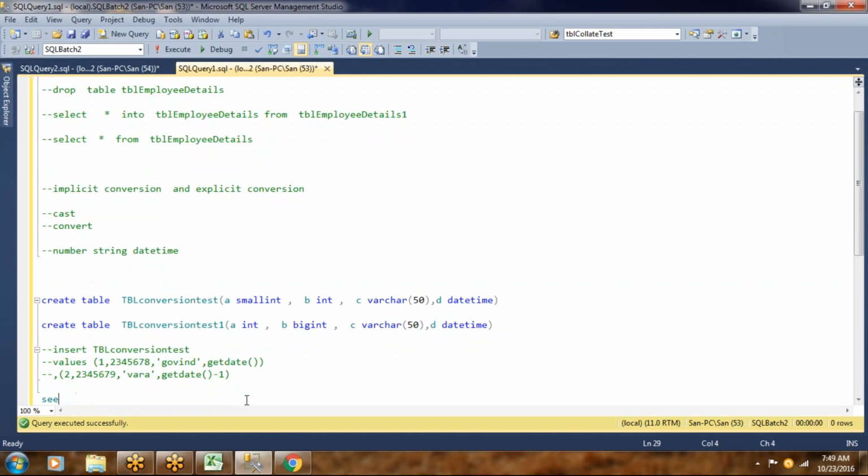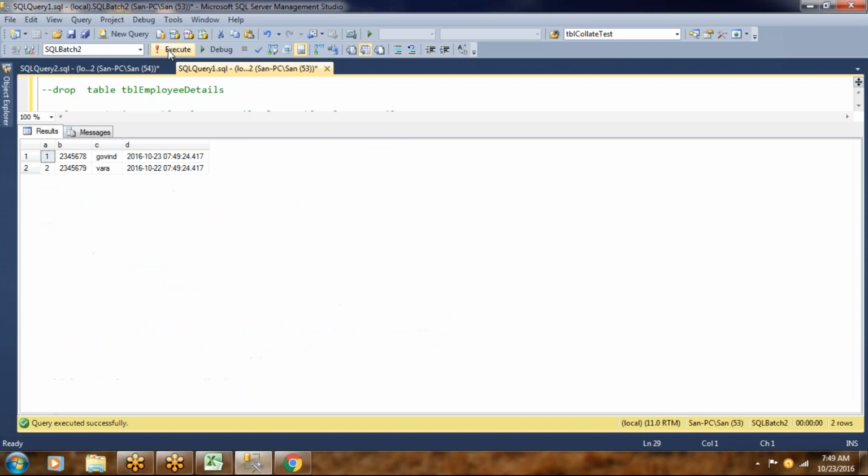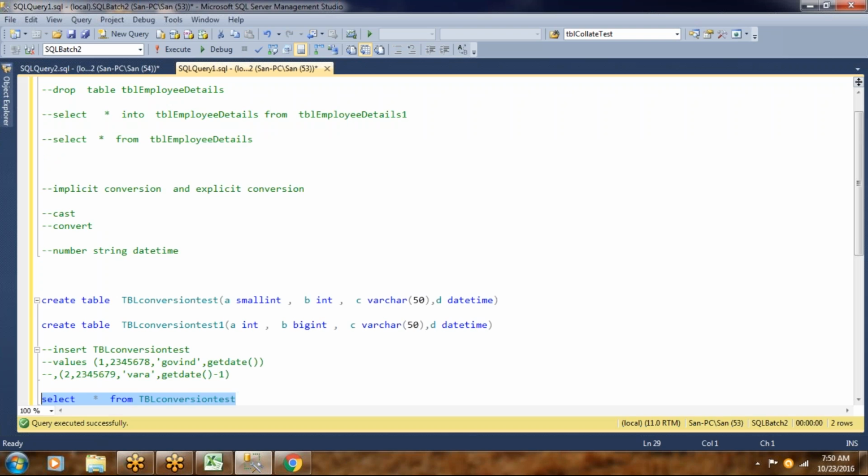So if you see here, you have two rows. One is Govind and the second one is Vara, and one has the date time of today's date and the other has the date time of yesterday's date. Okay, now what I am going to do is